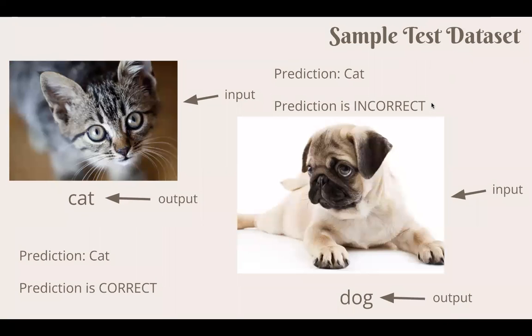Here, we have a sample test data set. Again, you have the picture, which is the input of a cat, and the output label saying the picture is of a cat. But then the model predicts, is this a cat or not? And the prediction that it is a cat is correct. On this side, you have an input of a picture of a dog, and you have the label that this is a picture of a dog, but the model predicts that this is a cat,